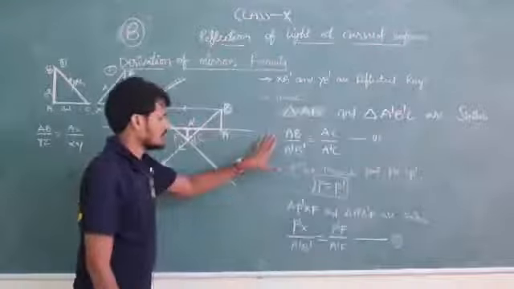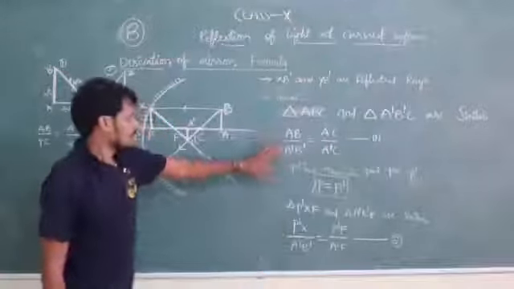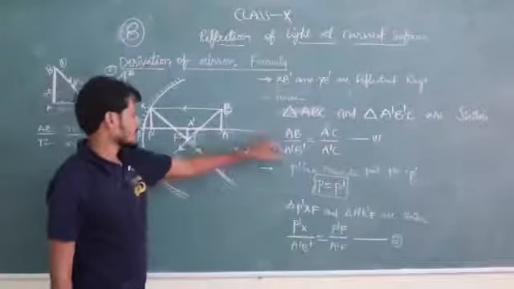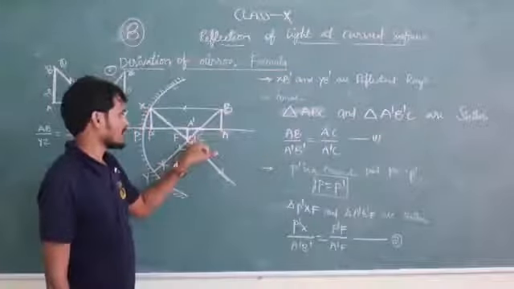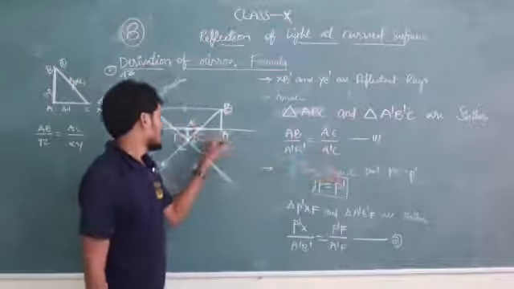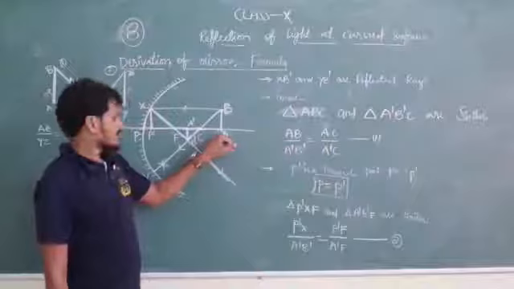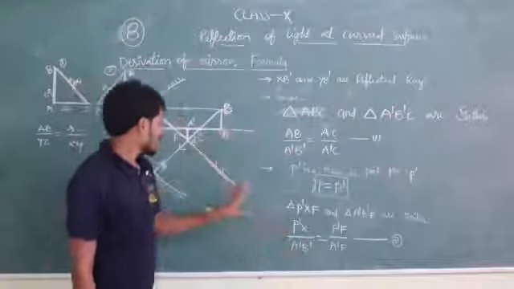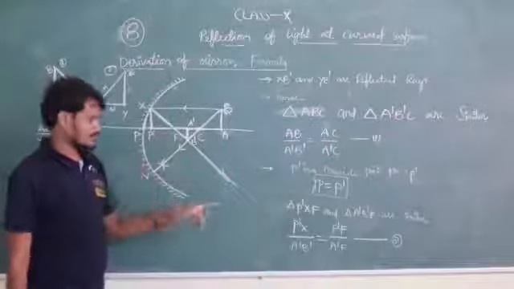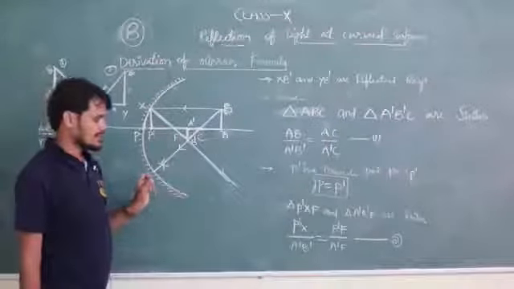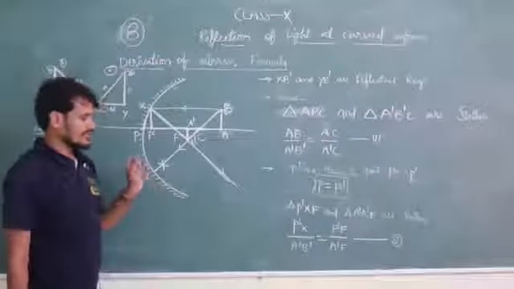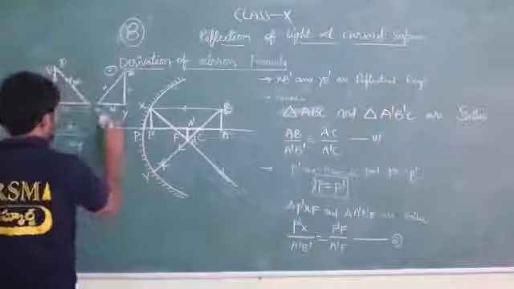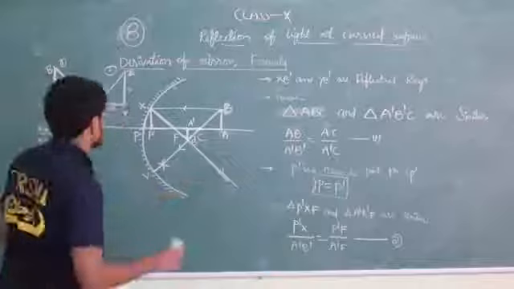Got it? Did you understand these two? How we are doing it: AB by A dash B dash, opposite side of first triangle by opposite side of second triangle, and AC by A dash C, adjacent side of first triangle by adjacent side of second triangle. Like we applied for the two more triangles also: P dash X by A dash B dash equals P dash F by A dash F. Set that as equation 2. Now continue. We don't have space over there, so I am continuing here.